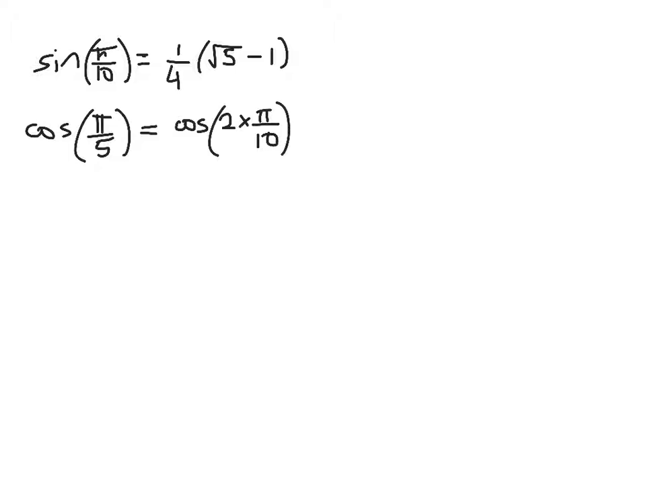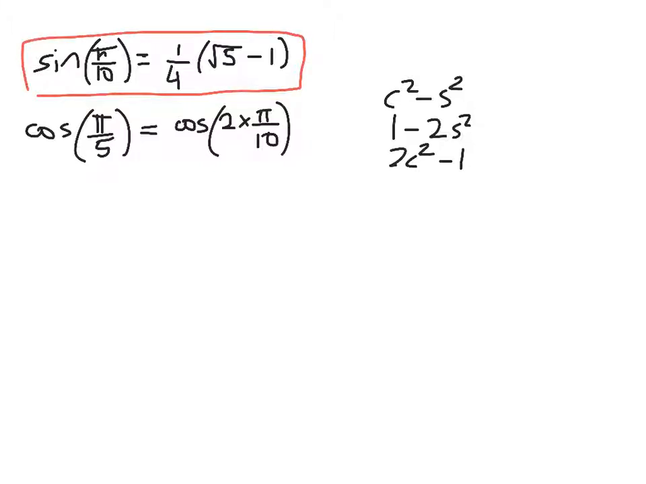So we've got 3 to pick from. We've got cos squared minus sine squared. We've got 1 minus 2 sine squared. And we've got 2 cos squared minus 1. So which one's the best one to pick? Well, it's pretty obvious. We've got sine of pi on 10 up here, so we're going to choose this version of the double angle. So substituting that in, we get 1 minus 2 sine squared of pi on 10,